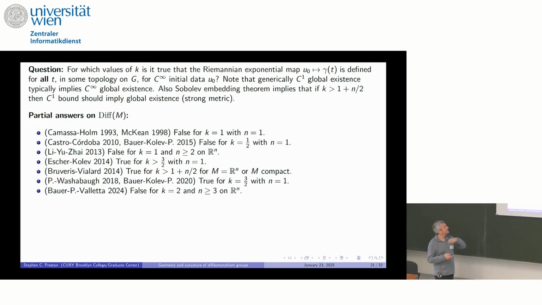Escher-Kolev proved for strong metrics, k greater than 3/2 in dimension 1, as you expect, you do get global existence. Bruveris and Vialard proved the same result in higher dimensions. Things work out the way they should. I proved with Pierce that in the critical case, k equals 3/2, where you don't know, smooth solutions do actually remain. And finally, just recently, we proved that when k equals 2,